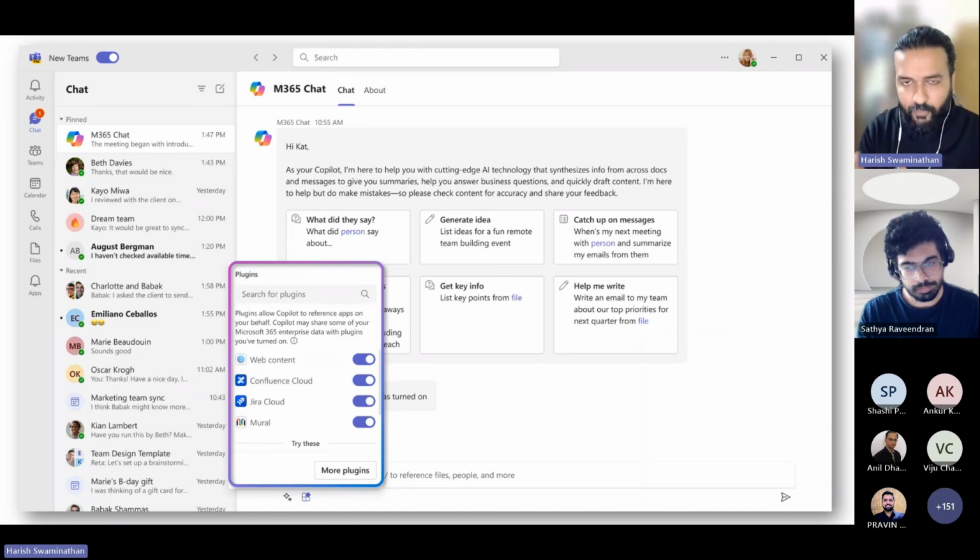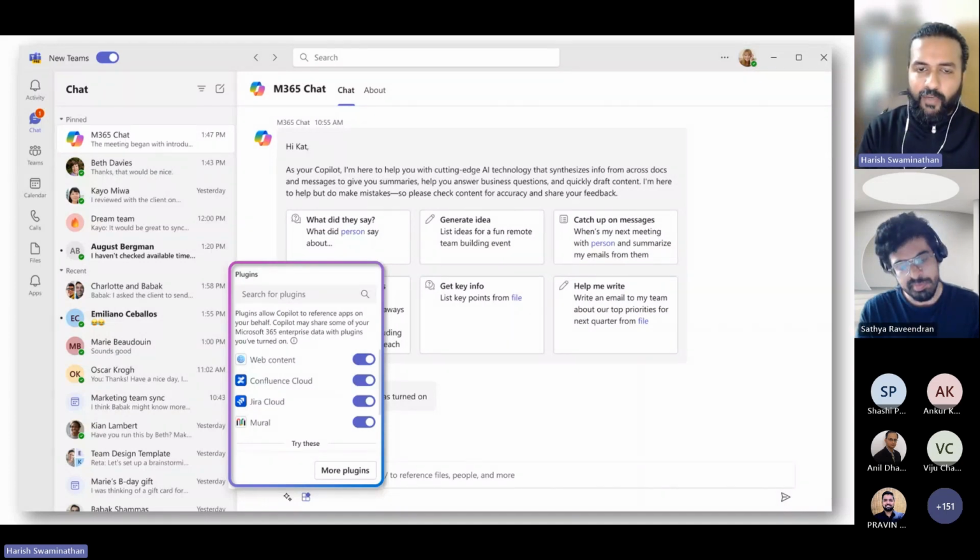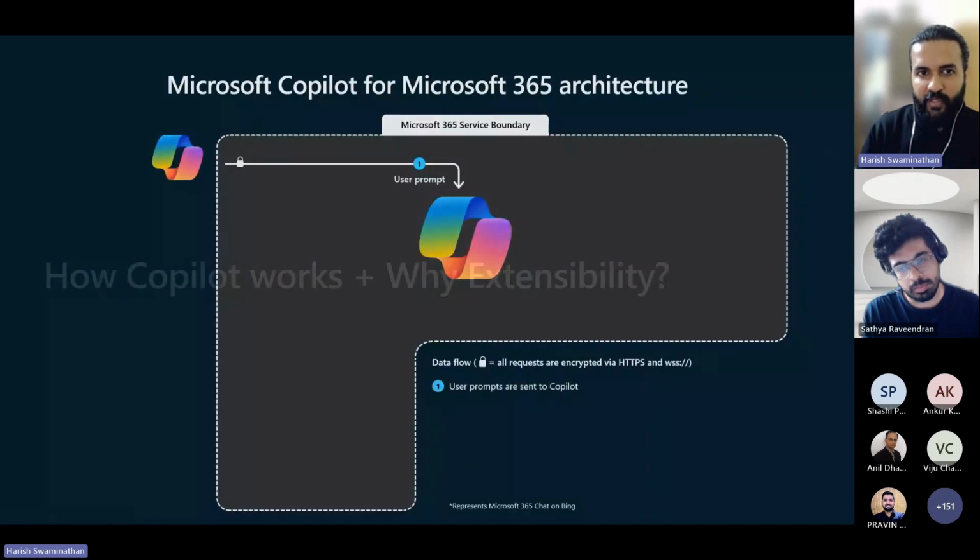But we saw quite a few components in that video where it said there's a plugin that was created and there was a graph connector and then there were adaptive cards that came in. All of this has been built by our partners like Jira or Mural. However, if you want to build your own, if you want to create your own extensibility, and you want Copilot to talk to your in-house application and your in-house database, how would you go about that? Because these are all available out of the box for you to start using today. If that is something that's of interest to you,